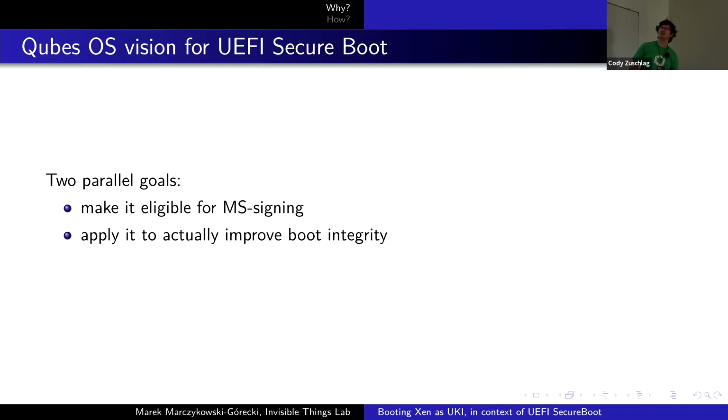And we'd like to make two things. First, to make it eligible for Microsoft signing. This is mostly for, well, I would say convenience for users, because currently if you want to install Qubes OS, they're very much a security-focused operating system, then the first thing you need to do is to go to your firmware settings and disable a feature misnamed as Secure Boot. So that's